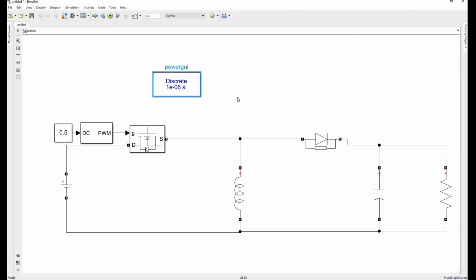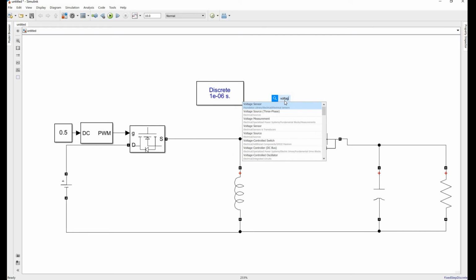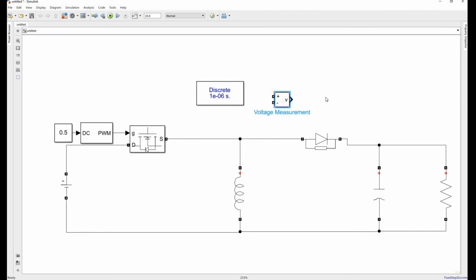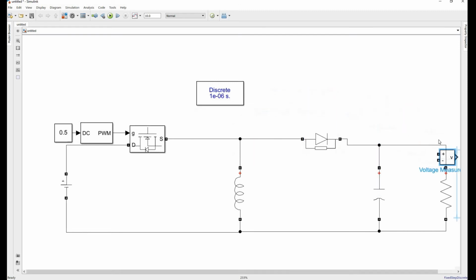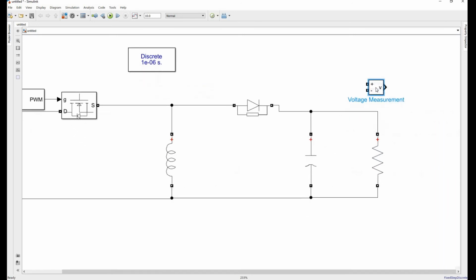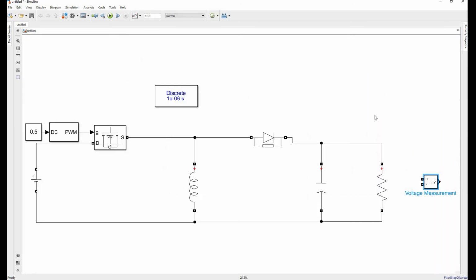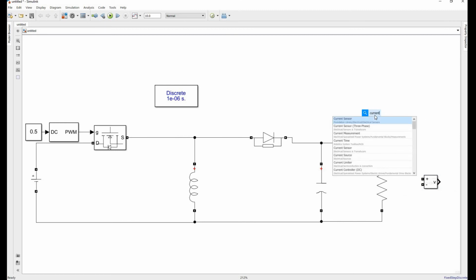And our simulation is pretty much done, but the problem here is that how can we know what's going on in this simulation? We don't make any measurements. We don't measure any voltages or currents in this simulation setup. So as we do in real test setups, we are going to put a voltage measurement. It's like a probe of an oscilloscope, and I'm going to put this voltage measurement to the output side to measure the output voltage, and I'm going to put a current measurement